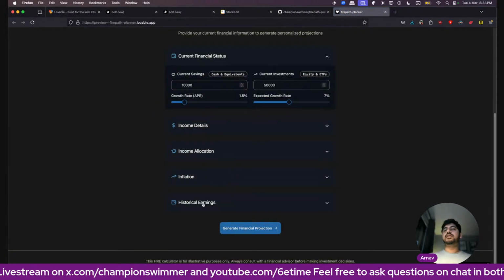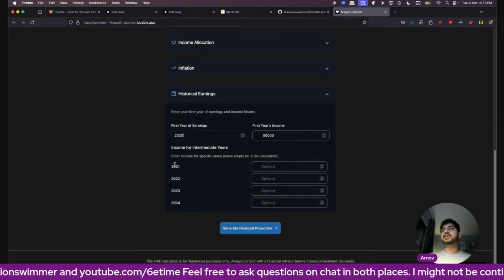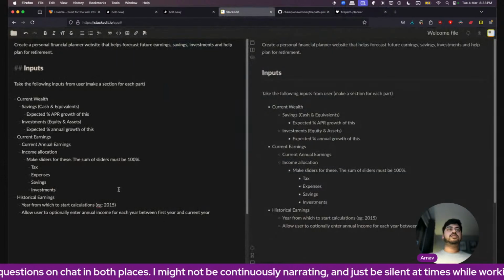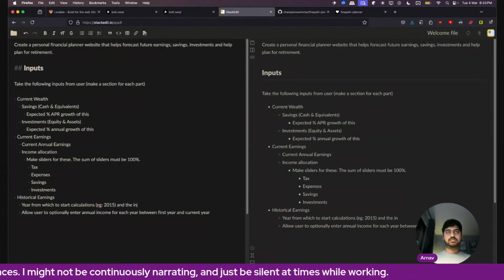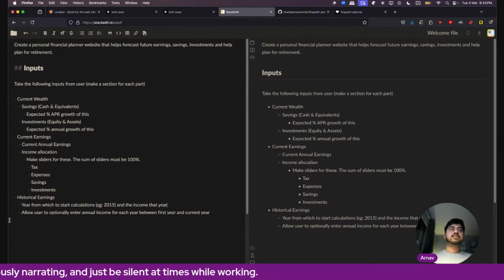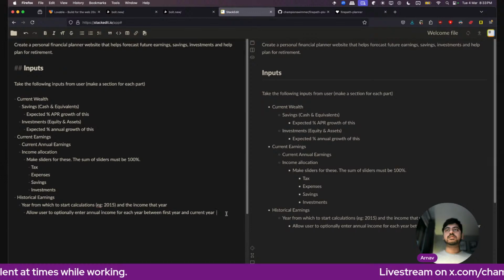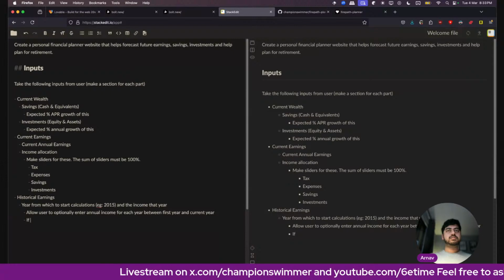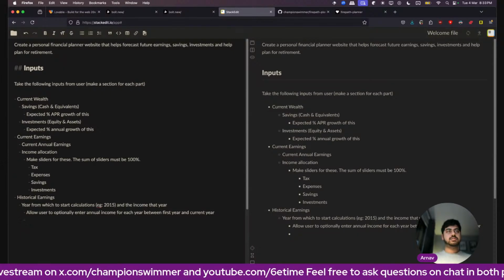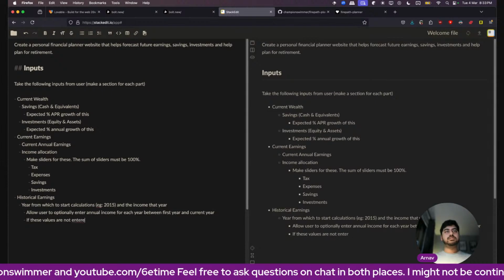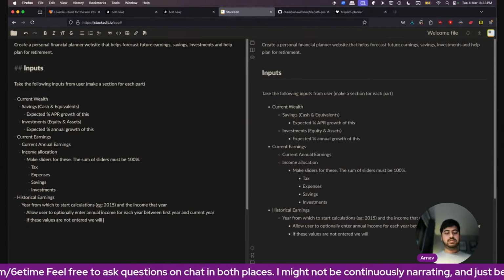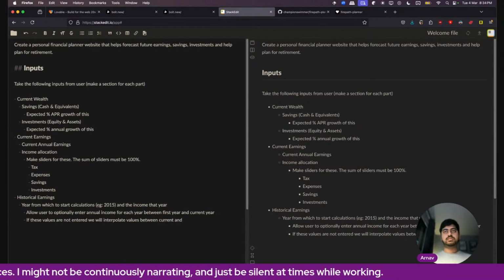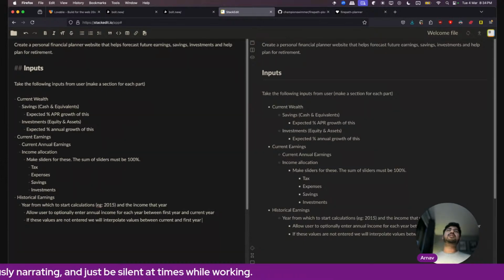Like if I say 2020 is my first year of earning, then I can enter the data for 2021, 22, 23, 24, like that, right? So we interpolate these values, like create a linear graph.